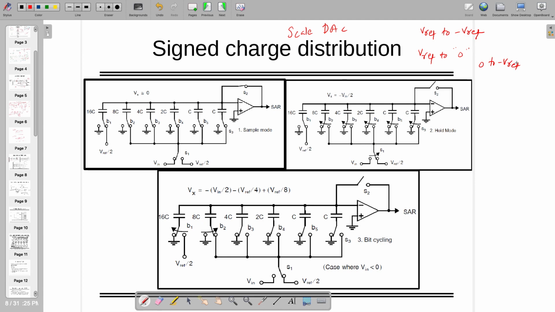In that case, how to get the output for a signed number? In a signed number, we can have one extra bit, which is the sign magnitude bit, the MSB. If it is 1, it's plus. If it is 0, it's minus. Something like this, right? That's what we used to do, if you remember, in microprocessor. Or the first bit is also known as the flag, the sign flag, right? So this is what we are going to do through the combination of charge scaling ADC, so that we can have